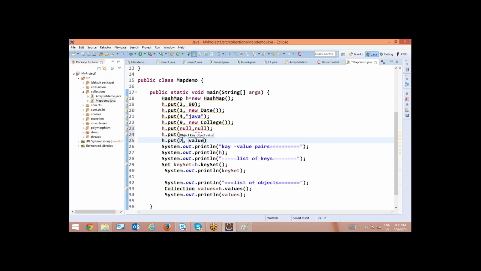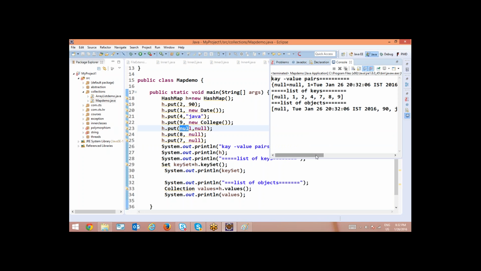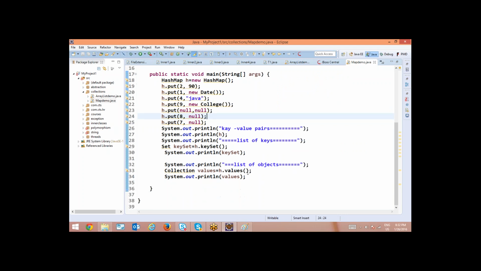Then 7 is a key and one more null I want to give. Only one null is allowed on the key side and multiple nulls are allowed on the object side. This is how the hash map is storing the values. That is called a hash map.